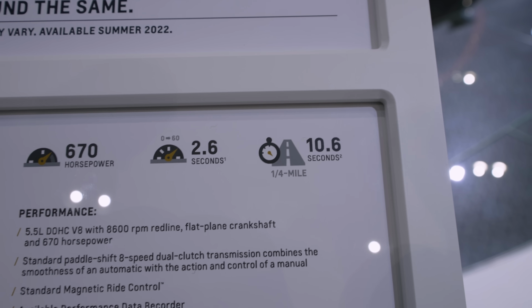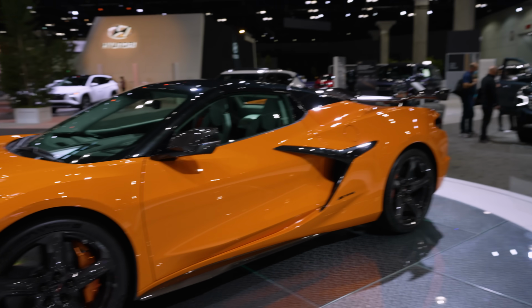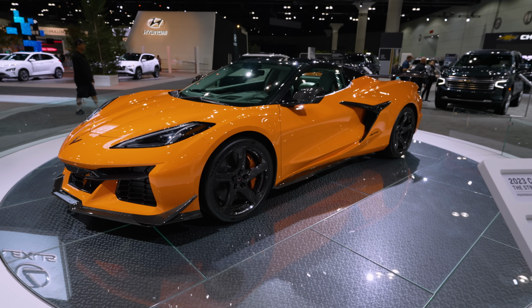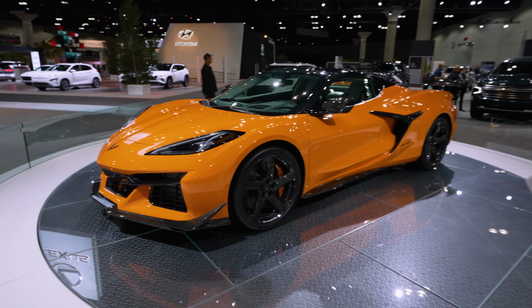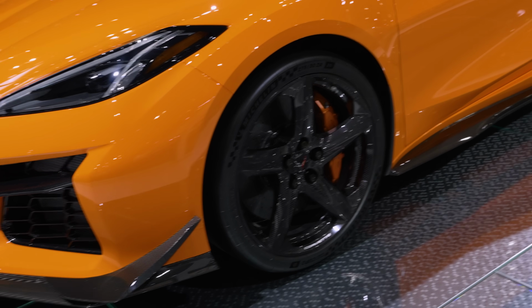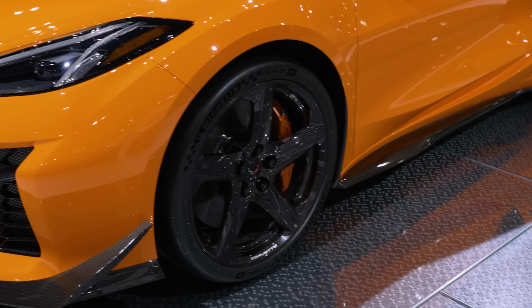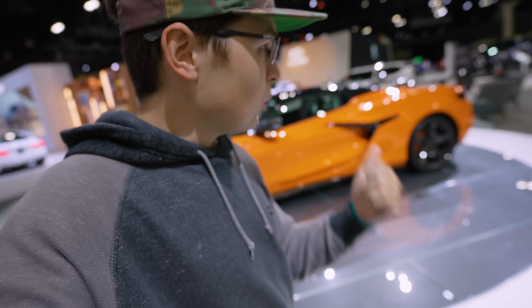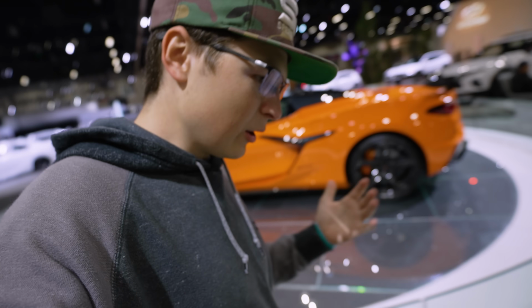The engineers have told me the non-Z07 will do a 2.7. So yes, Z07 is not just faster on the track, but also down the drag strip as well. And I was told that is due to the upgraded tires front and back, that being the extra sticky Cup 2Rs. And you know what, let me walk back over here, because I was told that there were air ducts